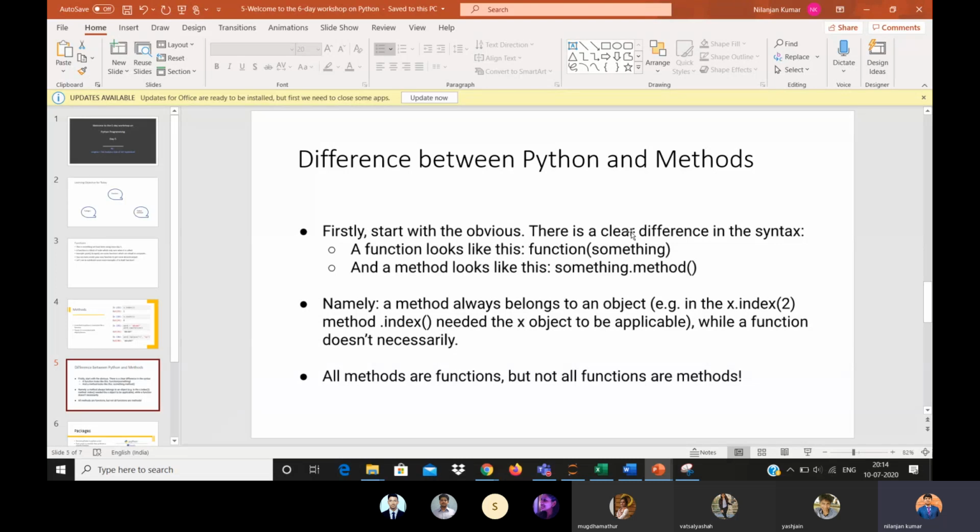This something is our object, the variable which we are giving. Namely, a method always belongs to an object, while a function does not necessarily. We can say that all methods are functions, but not all functions are methods.